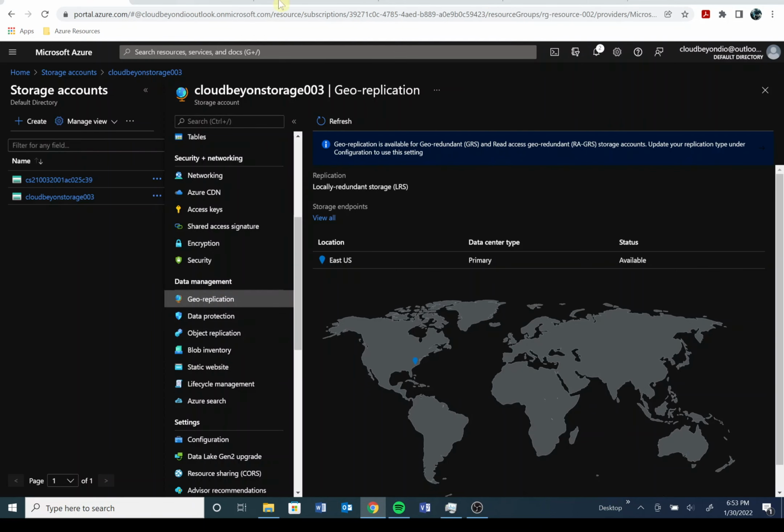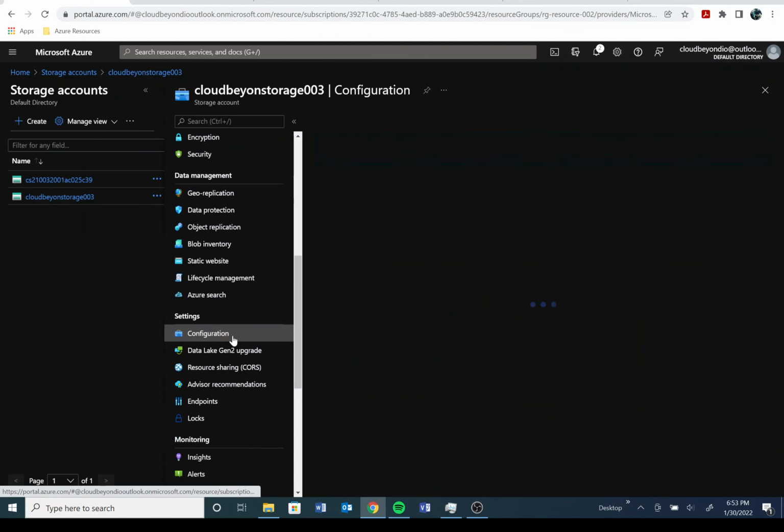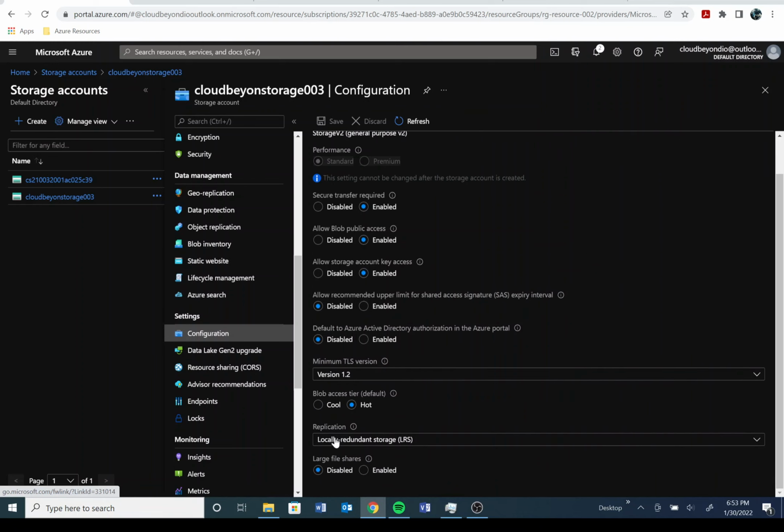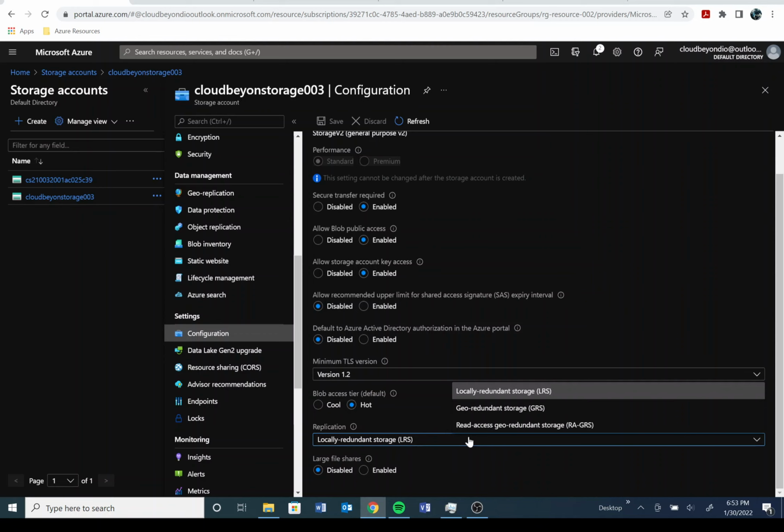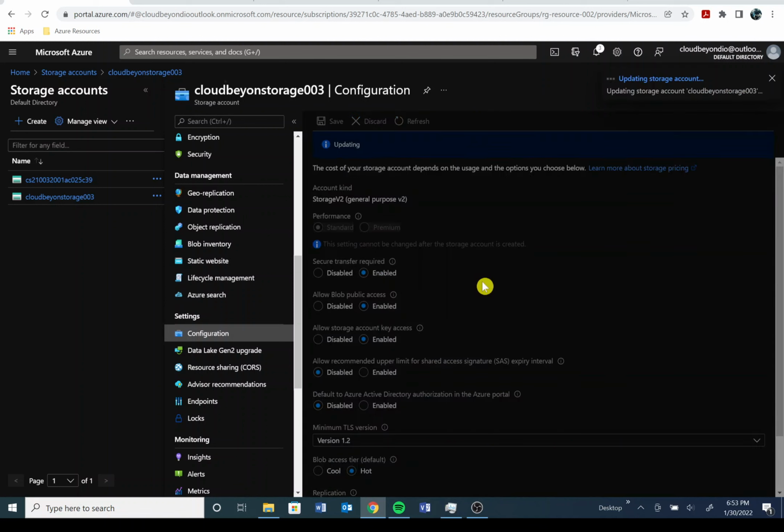To configure that, we go down to configuration and locate replication. We want to switch this from LRS to geo-redundant storage. And if we hit save here,